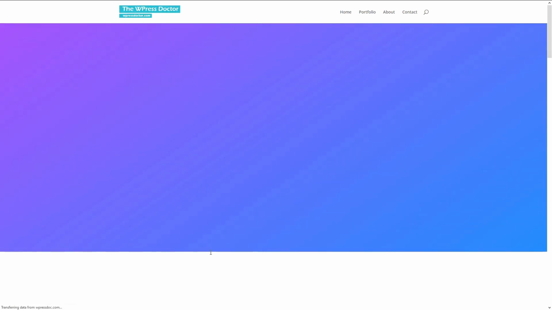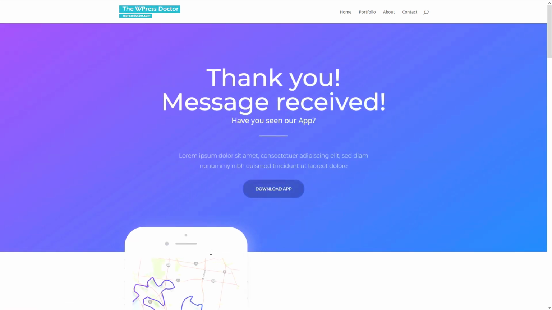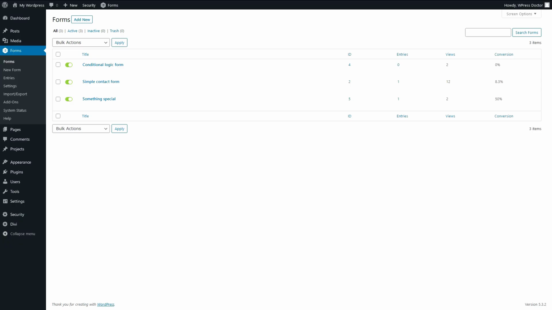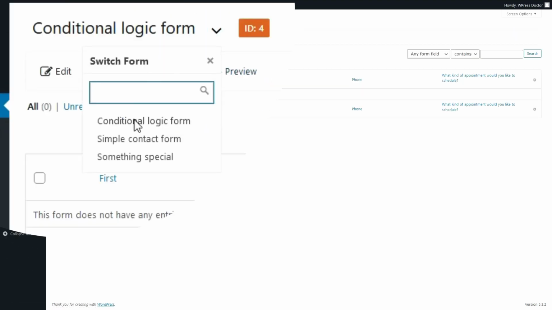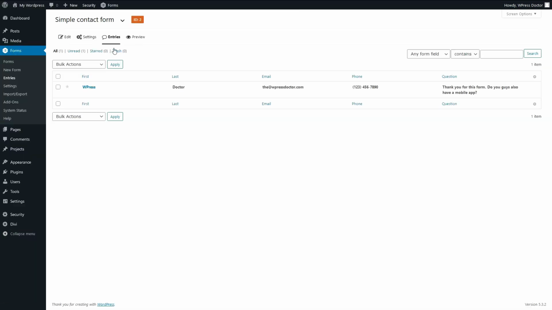So what happens? We go, of course, to the thank you page. So that works, it's awesome. You know, one of the best things of Gravity Forms is that it actually saves all your entries in your WordPress database. So they will never be lost when you delete your email. Just go to entries and here you will find all the entries from all the forms. Click on this icon right here and you can select your form and see all the entries here.